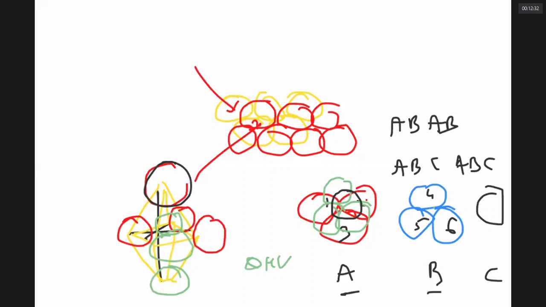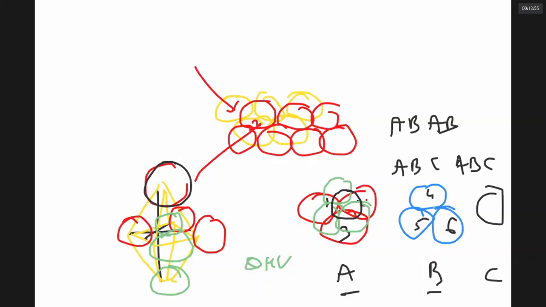And this way of arranging in rows, one over the other, is called stacking. In stacking, there will always be gaps. The gaps are of two types. Small gaps are known as tetrahedral voids or interstitials. Big gaps are octahedral voids. The void inevitably comes when you are stacking the spheres.